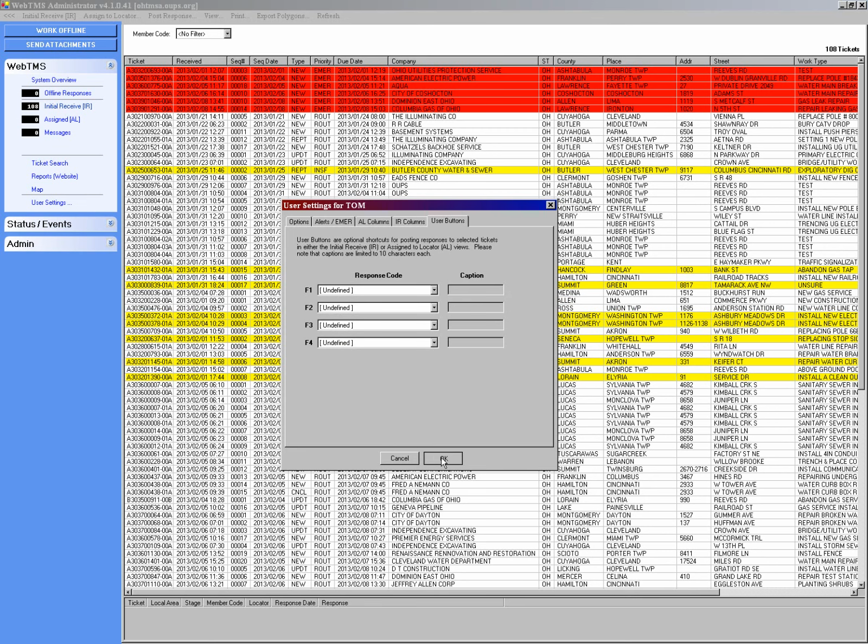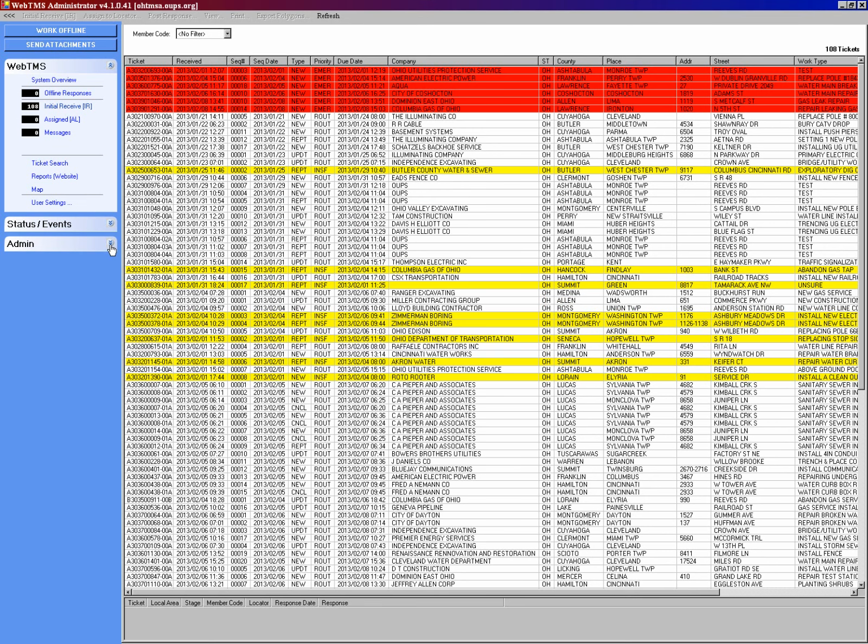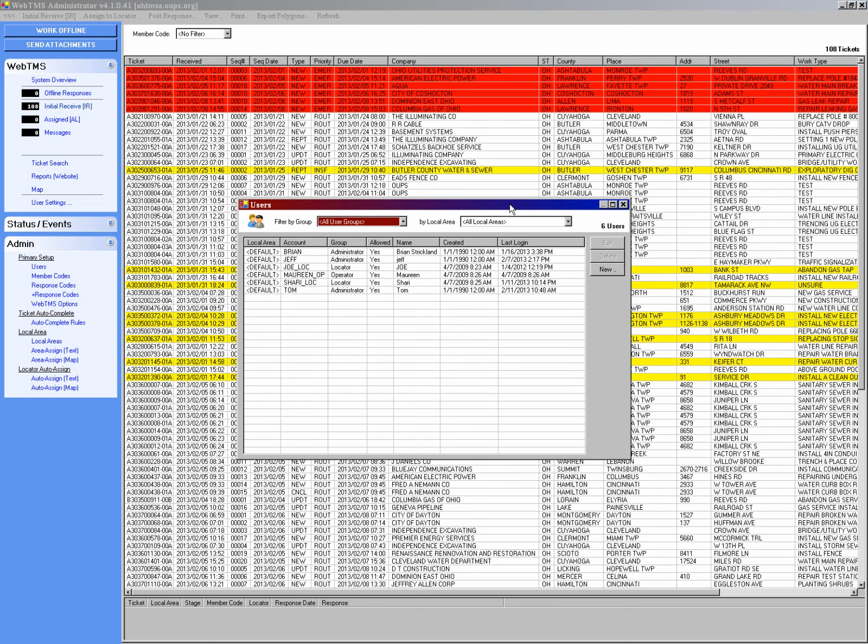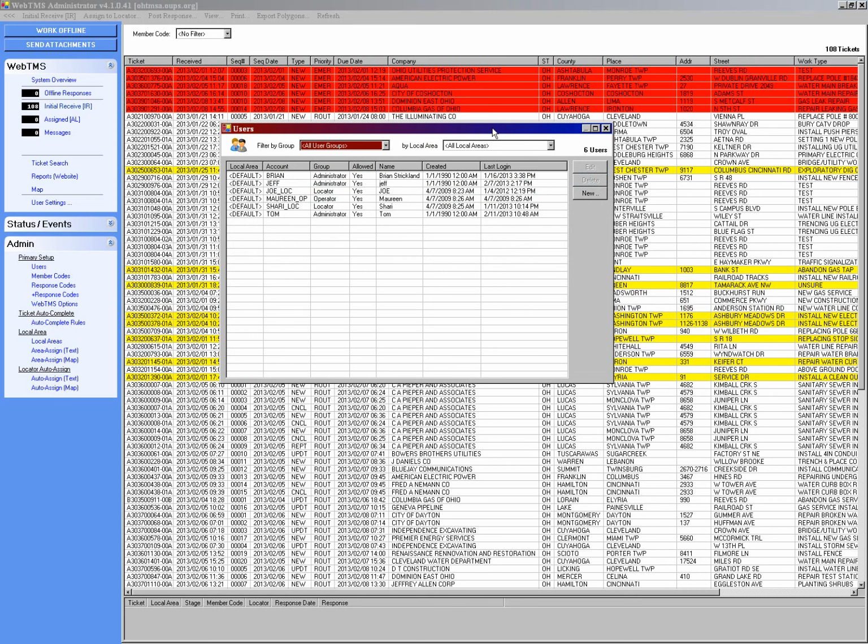Okay, so those are the user settings. Pretty simple, basic stuff. Jump down here to the admin screen real quick. How we do it here as far as this WebTMS goes, we set up the first user. So you guys would provide us a username and password for someone that's going to be the administrator of the